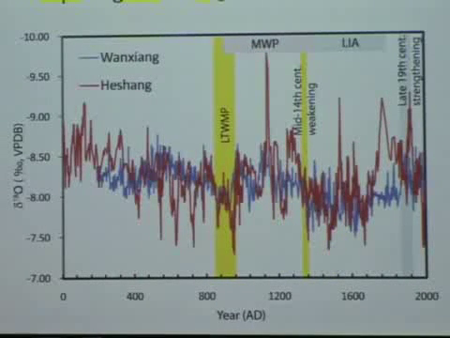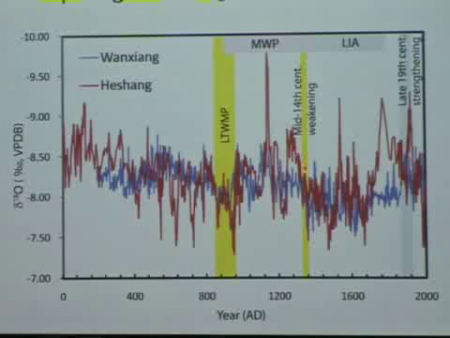So we can compare that record with the same period from the Heshang Cave stalagmite, which is located, again, farther south. And if you look here now, that same record from Wangxiang is in blue now, and the HS4 record is in red. And you can, again, see some similarities. In particular, the late Tang weak monsoon period shows up in both records, and this mid-14th century weakening seems much